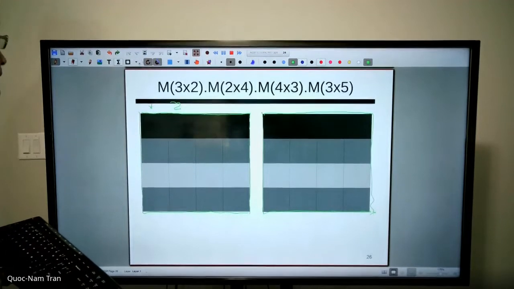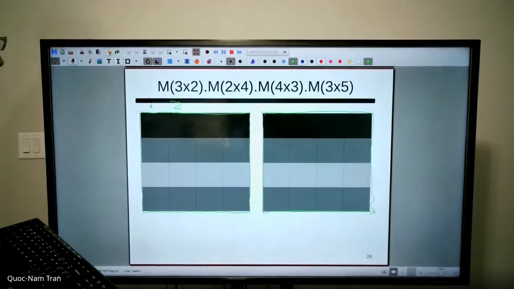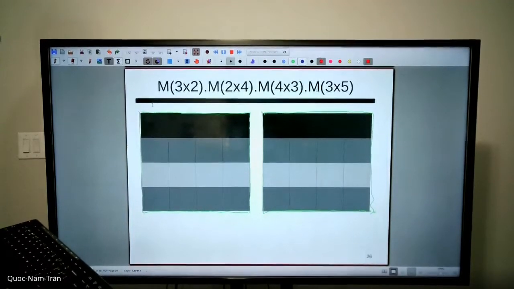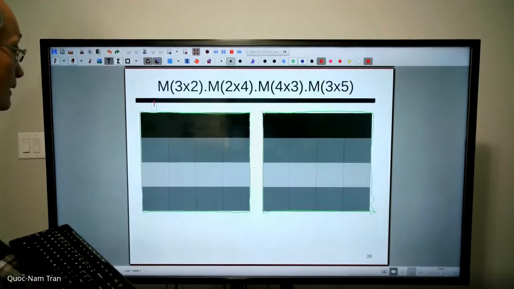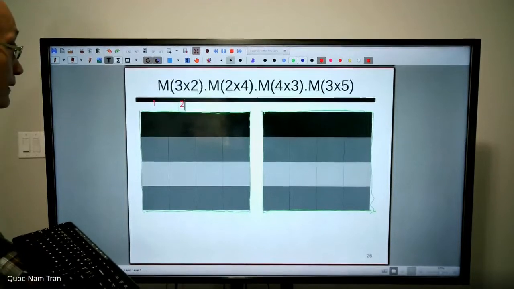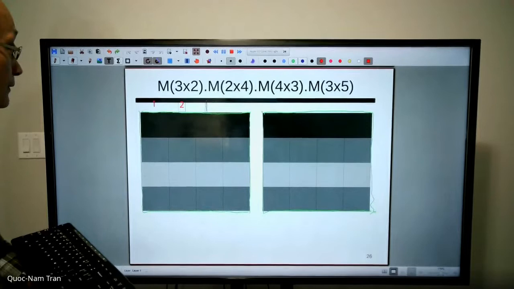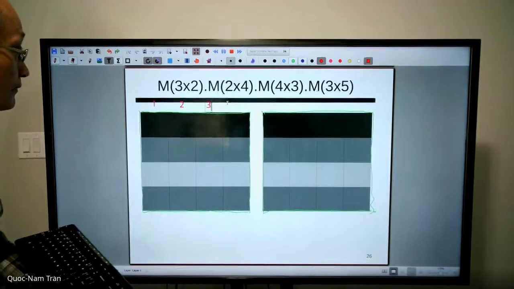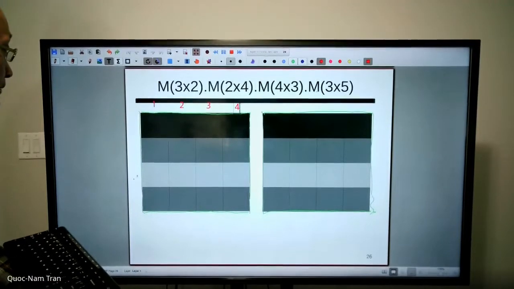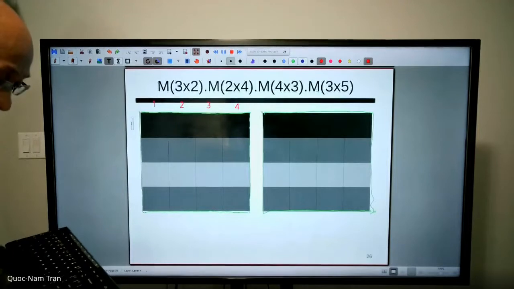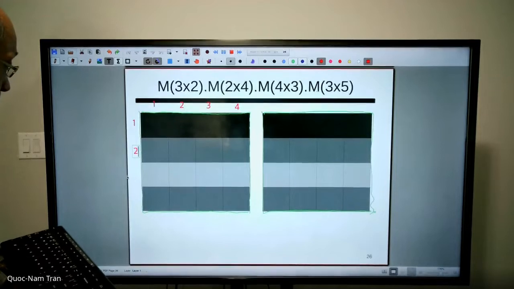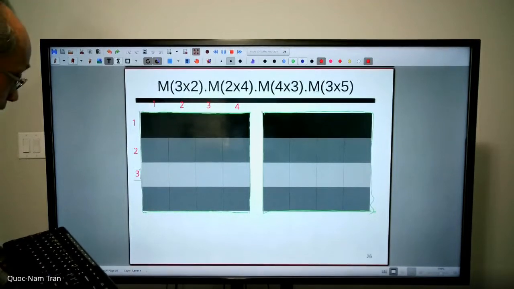Here I have 1, here I have 2, and 3, and 4. And then the same thing here: 1, 2, 3,